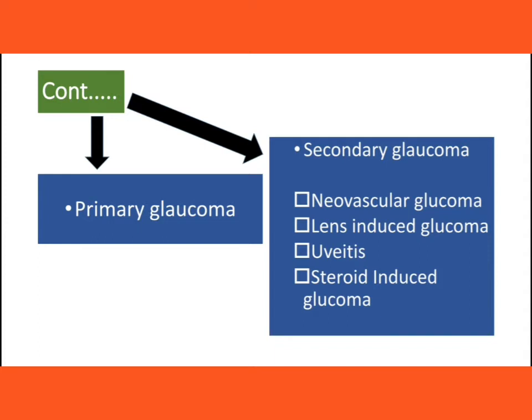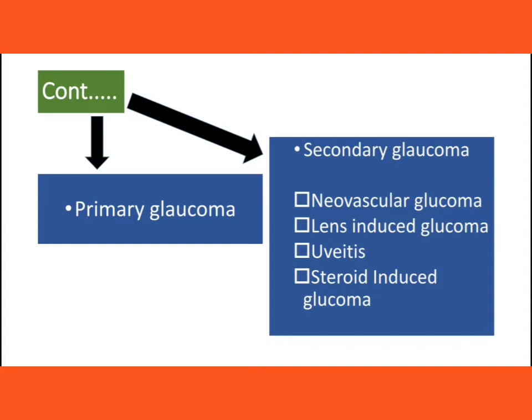Okay. The cause of primary glaucoma is somewhat unknown, but secondary glaucoma is due to certain diseases or abnormalities, like neovascular glaucoma, which is many times due to diabetic retinopathy or CRVO. Lens-induced glaucoma means phacolytic, where the lens becomes opacified. In phacomorphic glaucoma, the lens pushes the iris forward so that the iris closes the trabecular meshwork, which leads to closed angle glaucoma. And in phacolytic, the lens substance gets out from the lens, and this lens substance accumulates over the trabecular meshwork in the angle, which ultimately blocks the angle so that the aqueous humor cannot